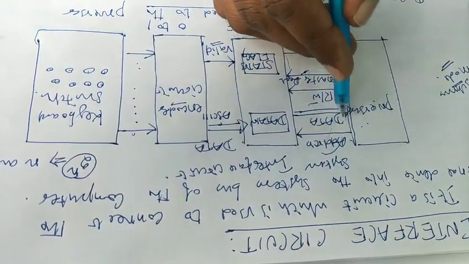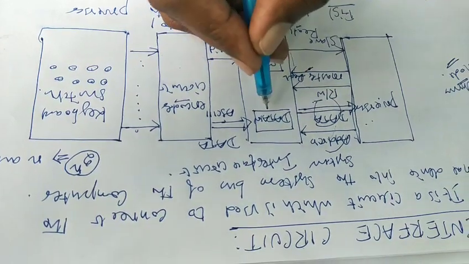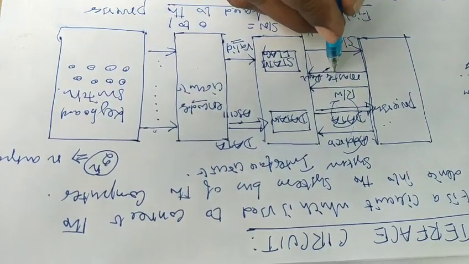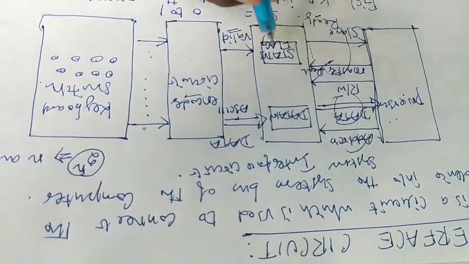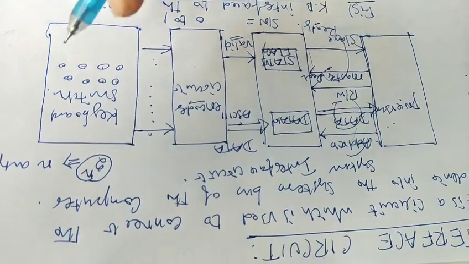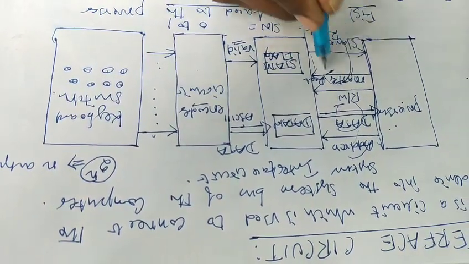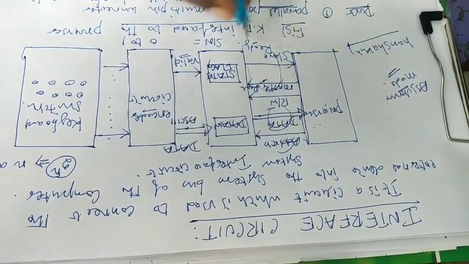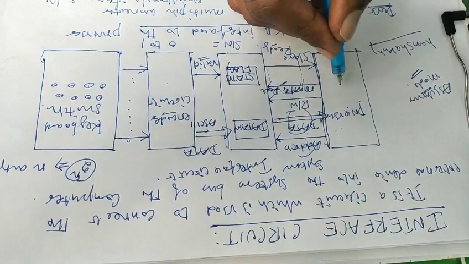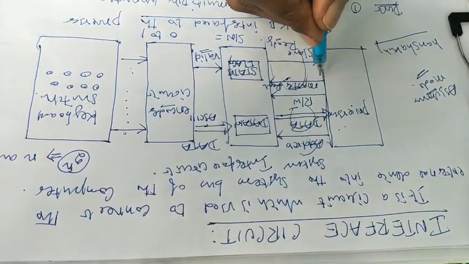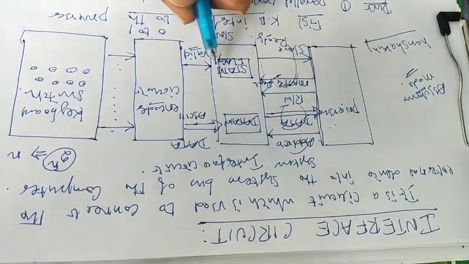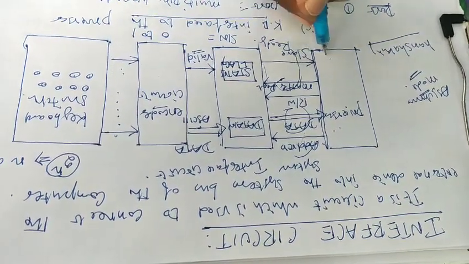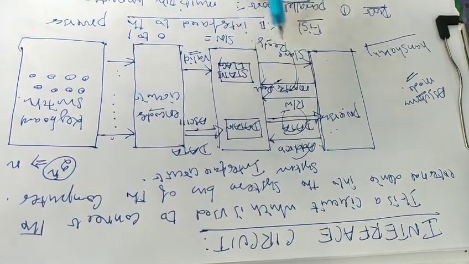So before transferring the data from the data buffer of the interface circuit to the processor, the processor should confirm the availability of the slave system. In this case, the slave is the interface circuit, whether the slave is available or not. For that, it performs the handshaking process. This is our handshaking process. The processor indicates that I am ready. That message is initiated from the processor to the interface circuit. If the interface circuit, which is the slave, is ready, then it will acknowledge, I am also ready. For that, it uses the master ready signal and the slave ready signal.